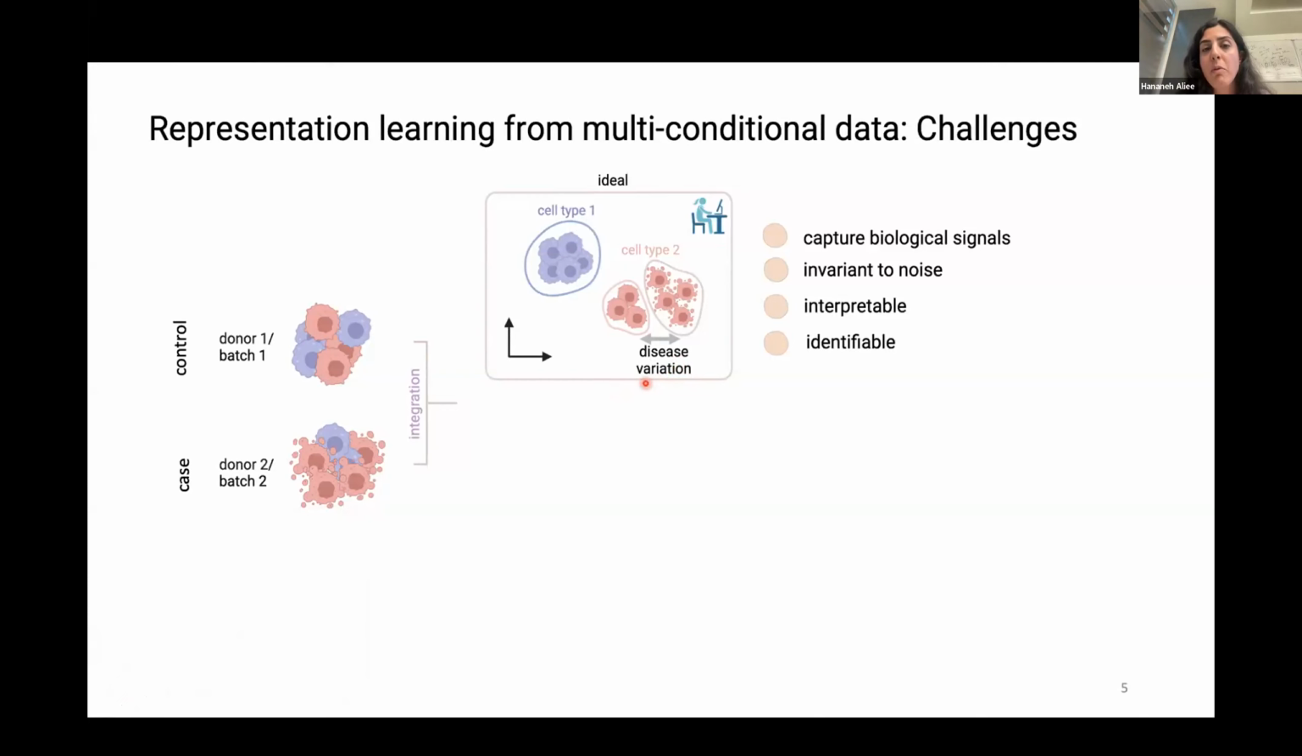And something that is also important in this concept is identifiability, which means that when we run the model multiple times,